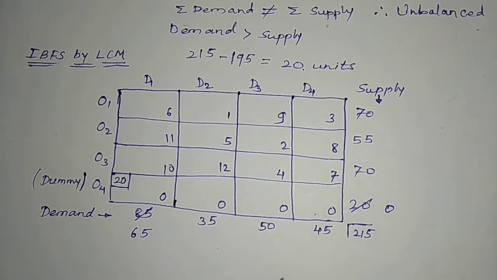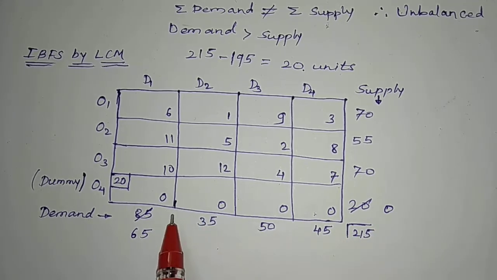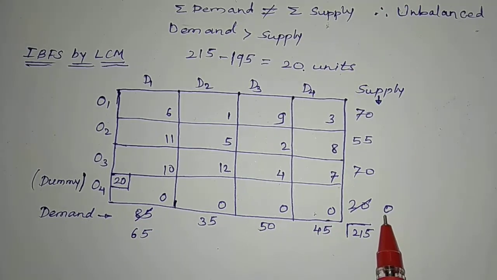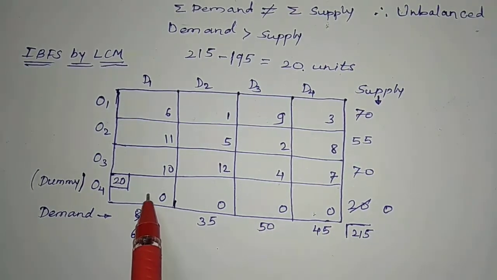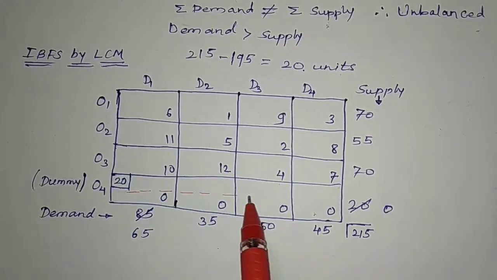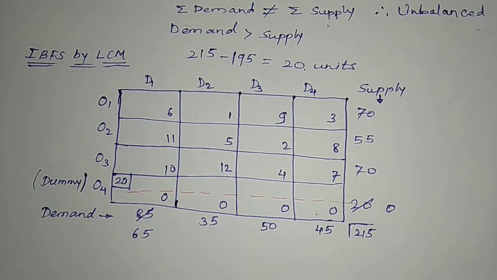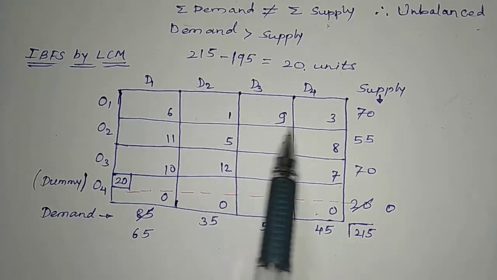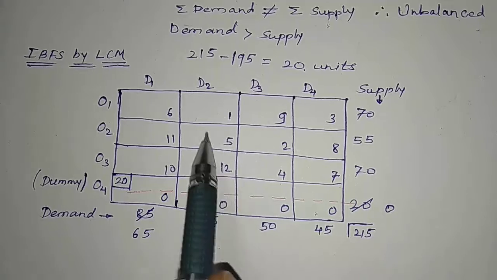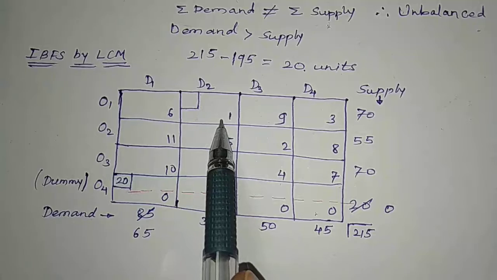Now once supplying capacity is exhausted or demand is fulfilled, that row or column we can neglect. Here the supplying capacity is exhausted, so let us eliminate this row from further considerations. Now look at the given table. Out of the remaining cells, where is the least cost? The least cost is here, rupee 1. So allocate some quantity at this cell first. So how much quantity can we allocate?